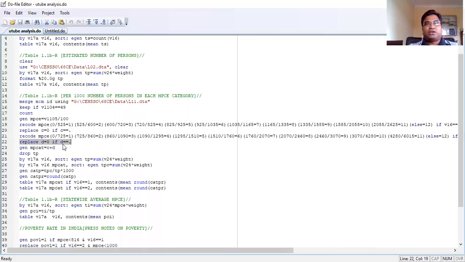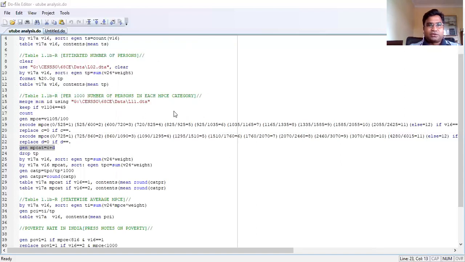Now see, on one hand I have generated a variable for rural area which is c. On the other hand, I have generated a variable called d, which is for urban area. Now, if it is executed for rural area, those values are missing for urban area. And if it is executed for urban area, those values are missing for rural area. So now if I just add those two variables, then in one variable I will be able to get the whole category, and that will help me in future. So that's what I have done here.